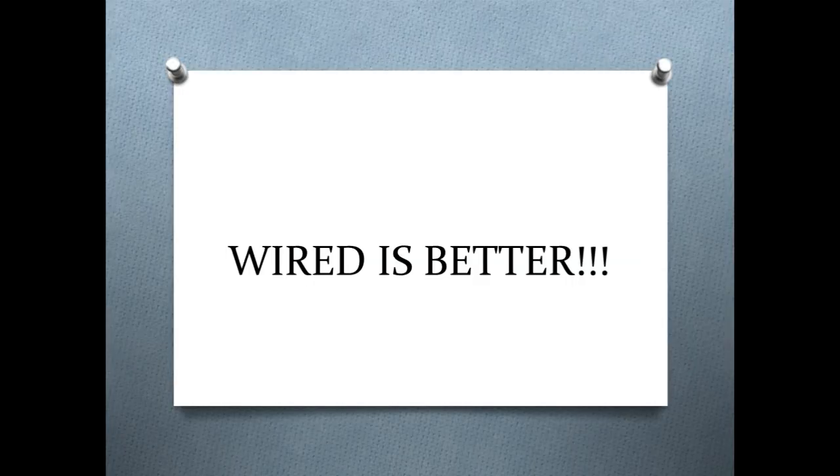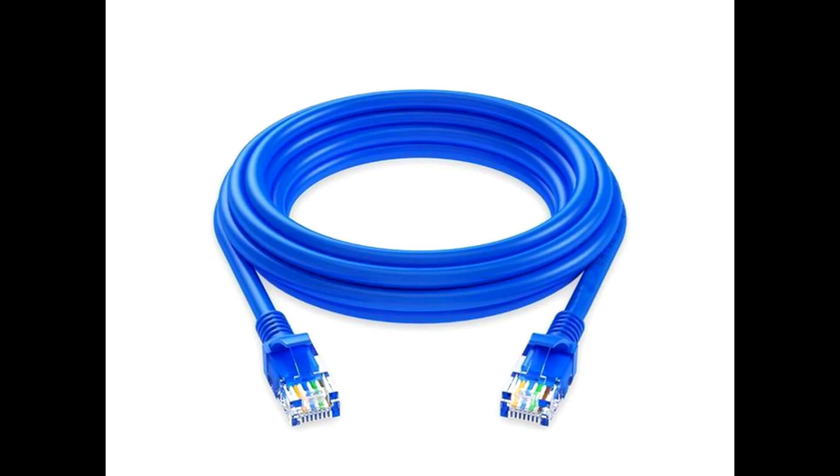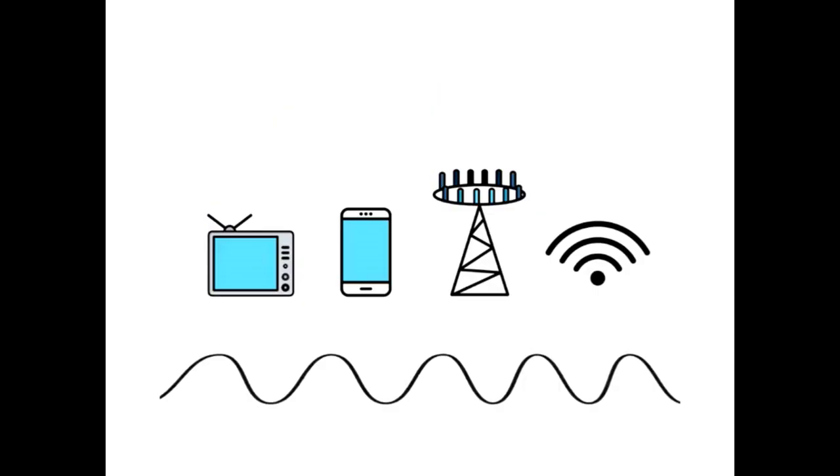Now, remember this as a rule of thumb: wired is better. Thus, the wired connection to your PC or even your laptop via the Ethernet cable is usually the fastest. Since your router is also connected by wire to the ISP, it is usually faster than the dongles or your mobile data, which are connected by wireless waves to the ISP via the mobile towers. Please note this, however, that I am talking only about the data transfer speeds from the source of your internet in the house to your device.